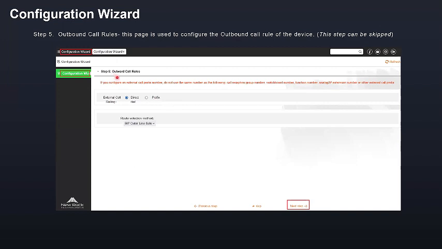It will ask you to configure the outward call rules. For the external call dialing, you can do a direct dial or prefix, and you can also set the route selection method. Anyway, if you're already familiar with configuring our OM smaller devices, it's the same configuration. Only the menus are new for us.